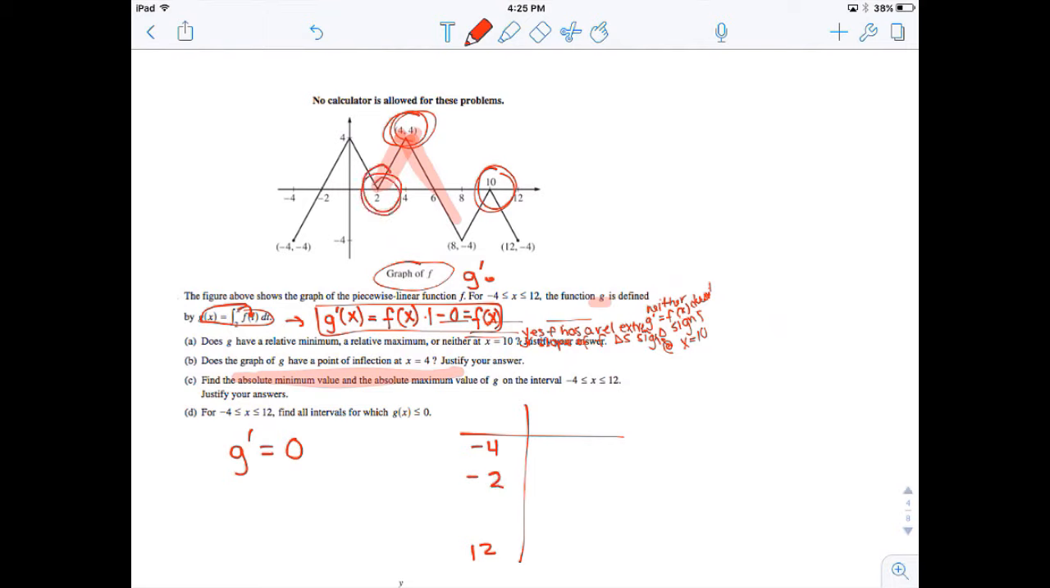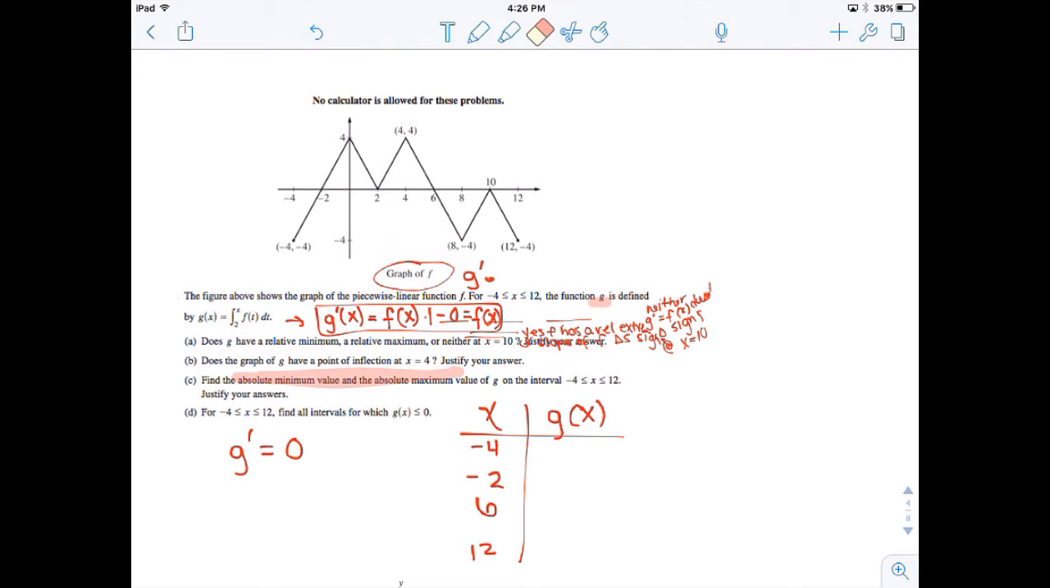At 6, that's definitely changing signs. And again, at 10, it's not a max or a min, so you don't really need to worry about that. And now I know these are the x values I care about, so I'm going to find g of those values and see where the actual max and min is. So I'm going to find the integral